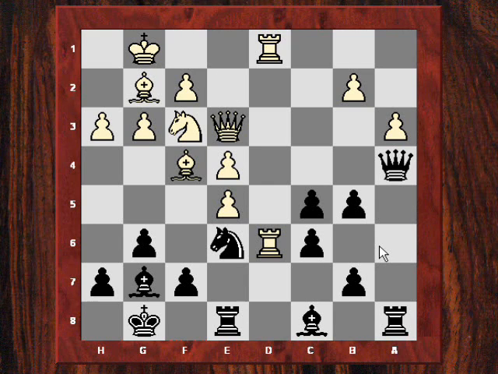So queen e3 was played now. White is trying to exchange off the dark squared bishops, perhaps to get an attack. But it never really seemed to work out. Kasparov simply played b4 now.